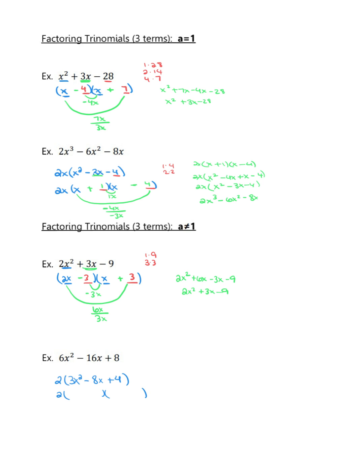And then we can continue to factor. So first times first is going to be 3x squared. So 3x times x is 3x squared. Last times last is 4, so I can multiply 1 times 4 or 2 times 2. So this would be 1x and 12x, and I need my middle term to be negative 8. Well, 1x and 12x will not combine to negative 8, so we're going to try